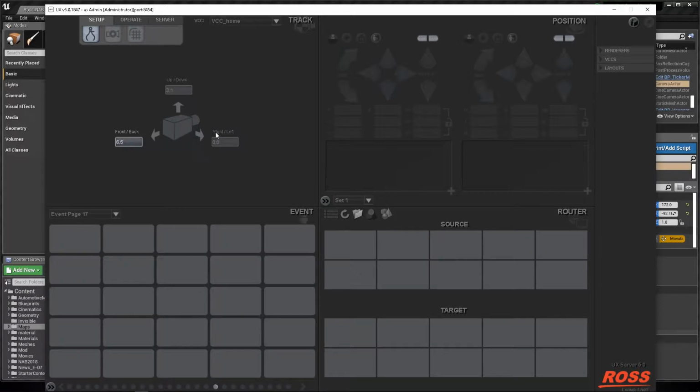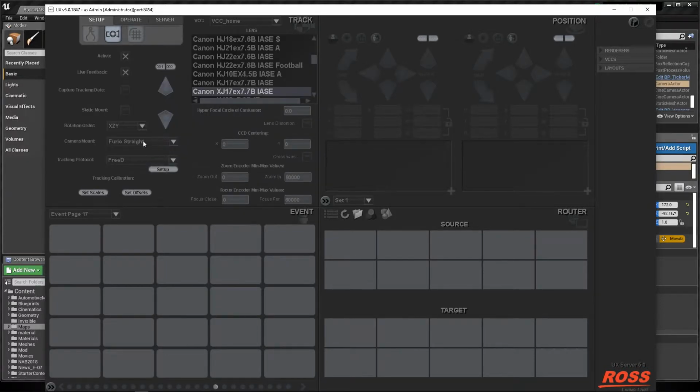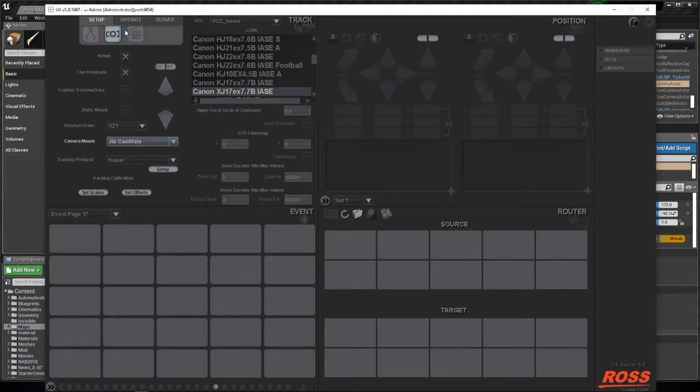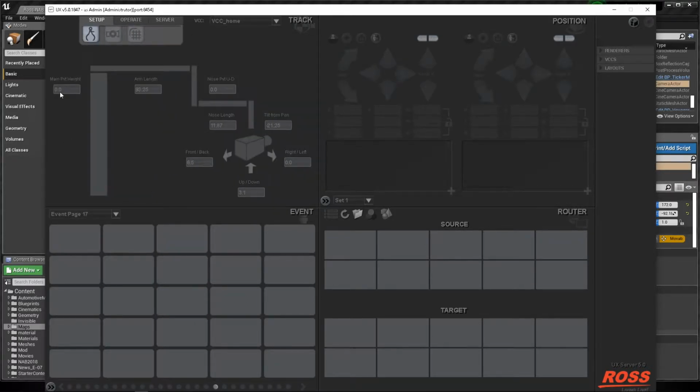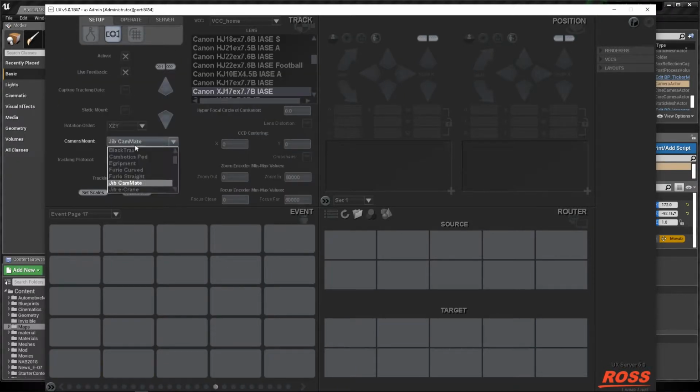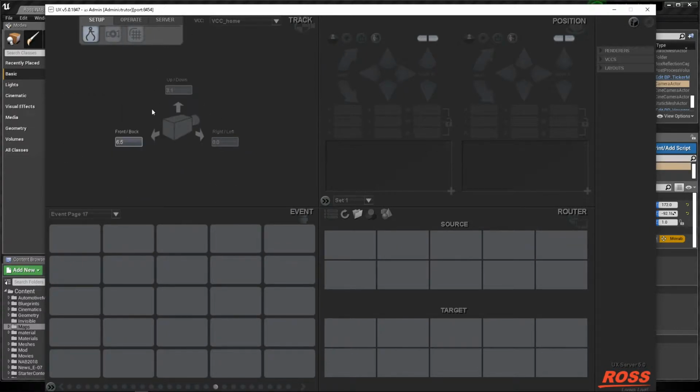For example, if I go to the camera settings button here, and change to a different type of camera mount, so if we go to a jib, and I jump back to the calibration, you can see there's lots more offsets now, because the point of rotation goes a little bit deeper. So you can see there's many different axes to a jib. But let's just quickly jump back to the Furio. In the Furio, we know that we have a head mounted on a robotic camera, and we're just doing the offsets for the head in this case.